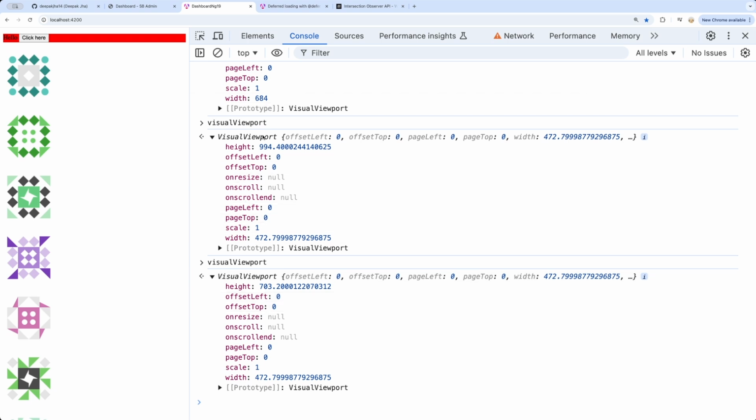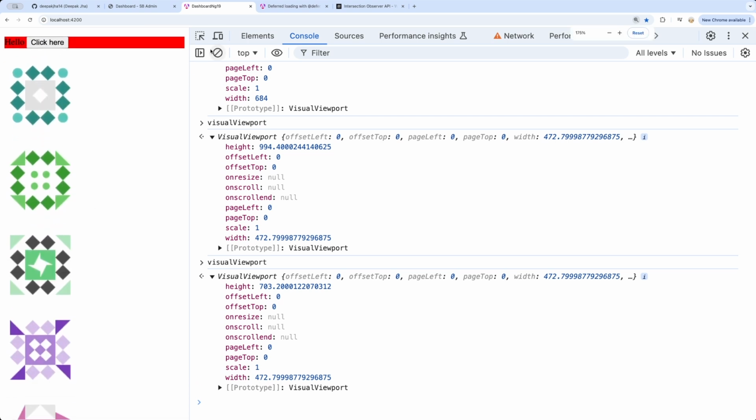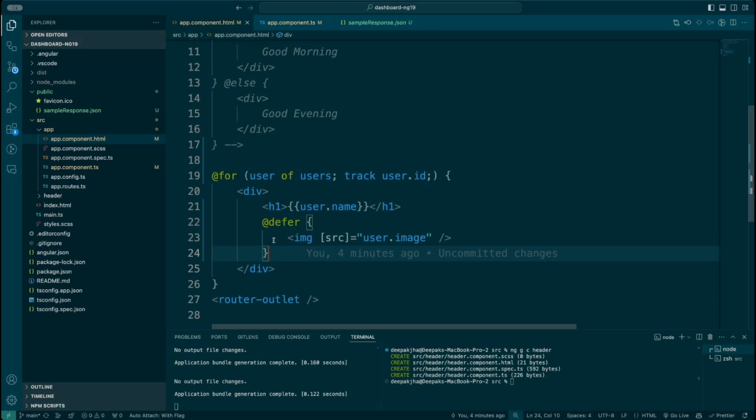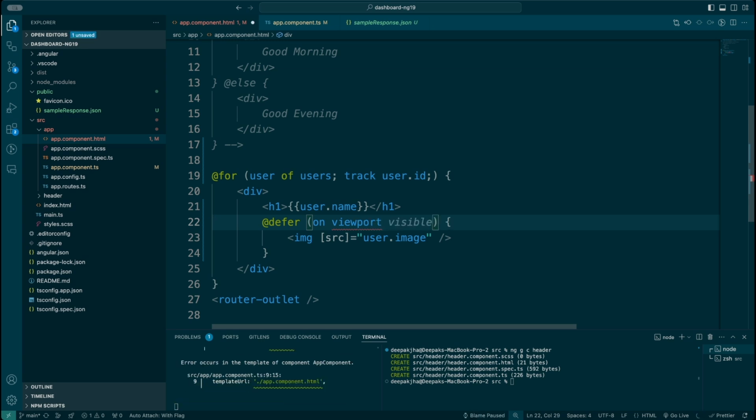So now you can understand that the viewport is essentially the part of the browser in which the user can see and interact. Let me zoom it a little bit more, and then close everything down. What I'm going to do is put a condition such that until this particular image is available in the viewport, it will not load. In order to implement this, I'll take you back to the code once again. And in case of a defer, I'm going to be putting a particular condition which is on